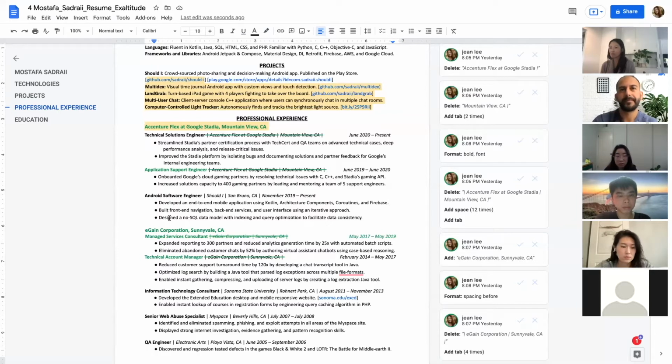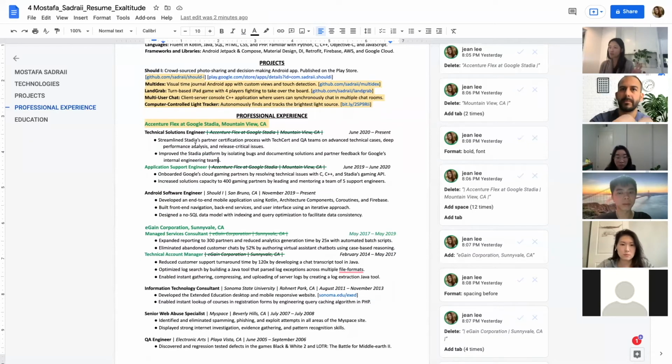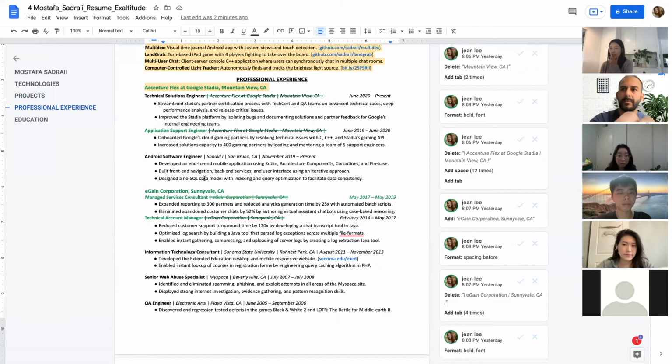Maybe you made something X times faster. Engineering teams, like how many people were on your team? And similarly to your project for your professional experience as well, I would look at individual job postings and see what wording they're using, and then try to use that in your bullet points. And also in your case, because you're technically doing a career transition, it might be easier for you to focus your job search on smaller companies, maybe even as a contractor, and that would give you a better opportunity because you're looking for an opportunity to prove yourself.